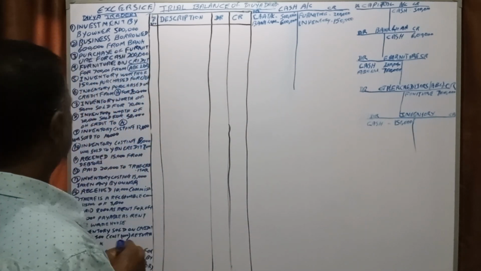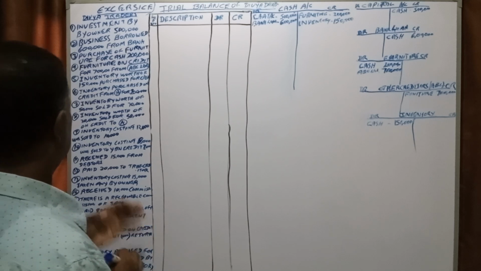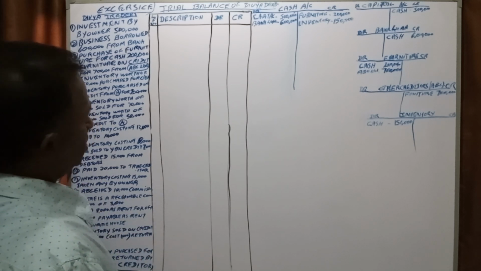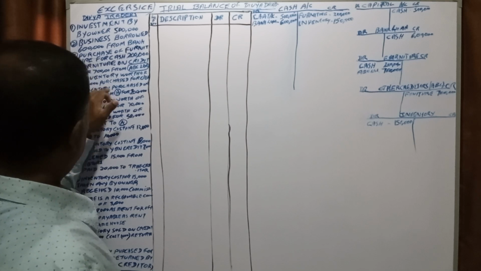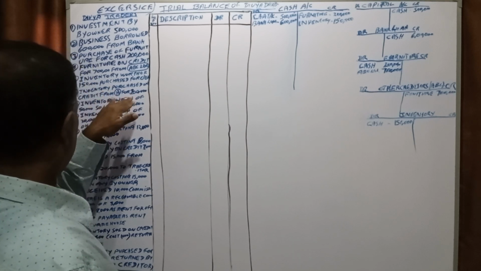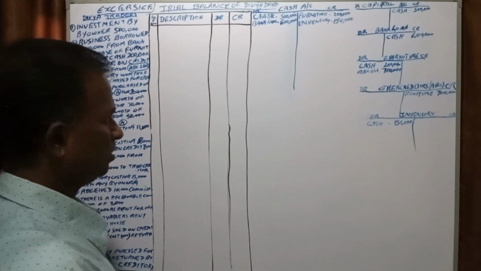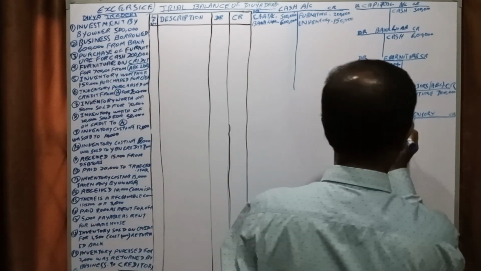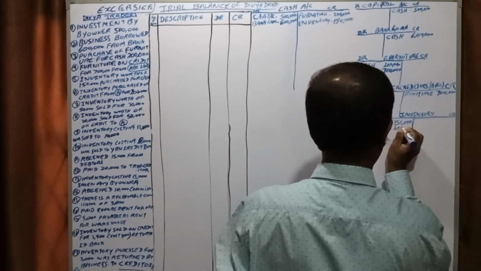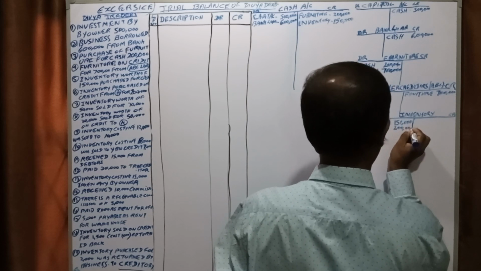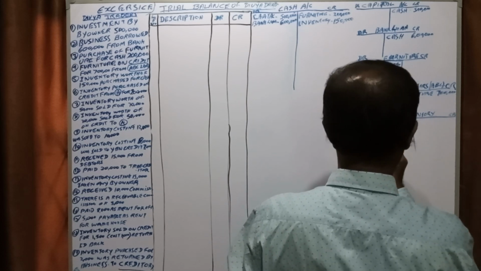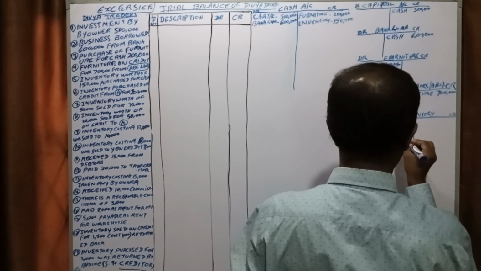So adjustment number 5 also finished. Next one is adjustment number 6. Inventory purchase on credit from A for 200,000. So inventory purchased 200,000 is debited to inventory account, and again we are going to open